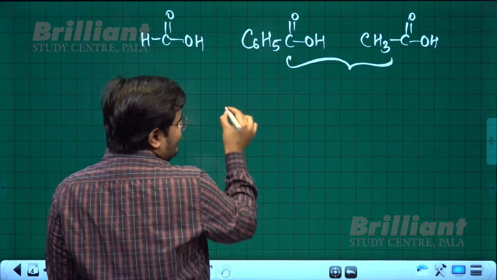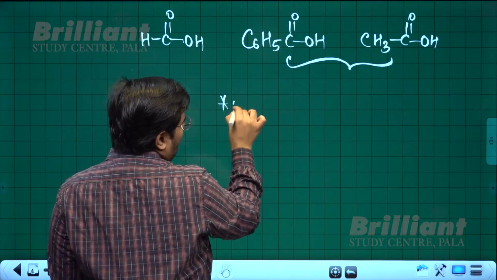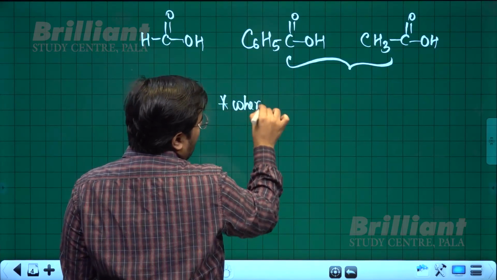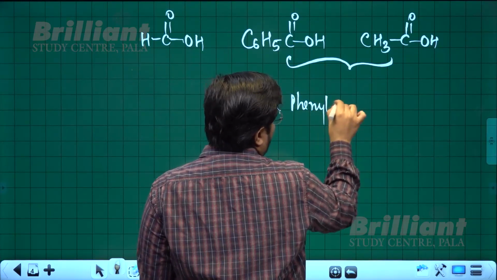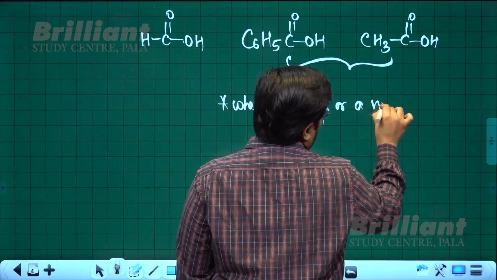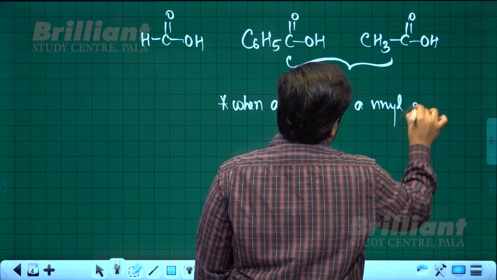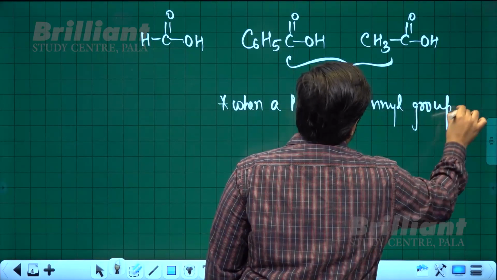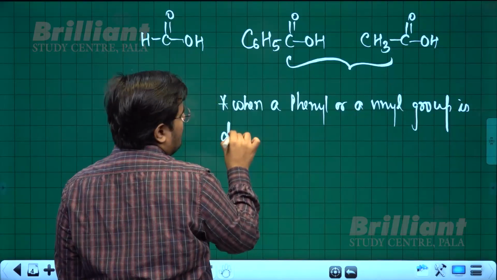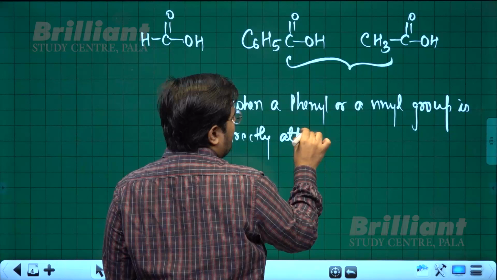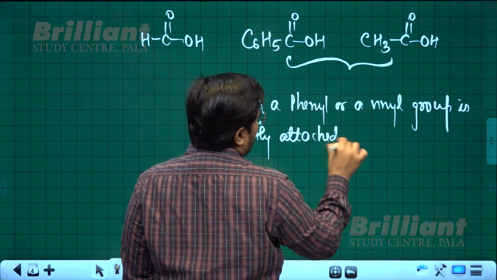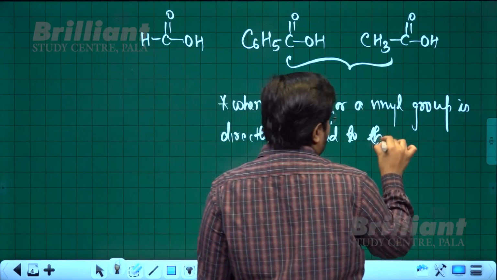So what is written in your NCERT is, when a phenyl or a vinyl group is directly attached to the carboxylic acid,